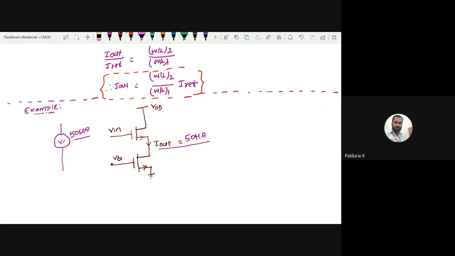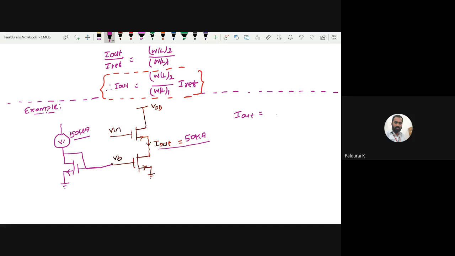So what I will do here, I will connect one diode connected device, right? This is my diode connected device. It generates a voltage. Now feed this voltage. And here, what is the output current equation,